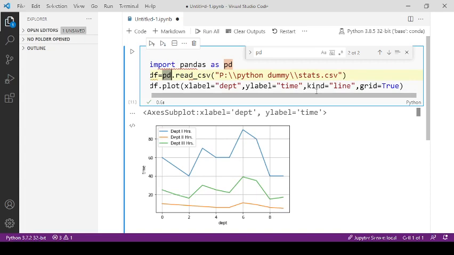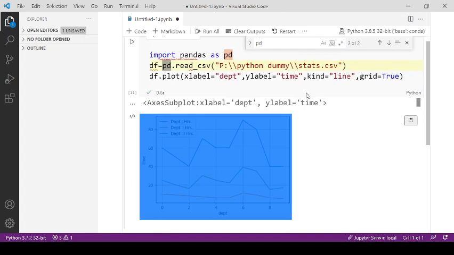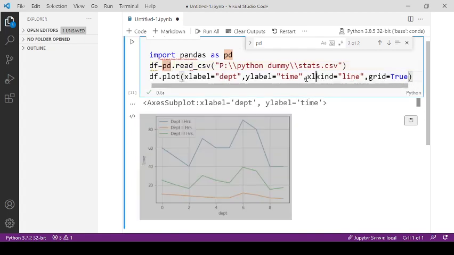We can also set the values on the x-axis and y-axis, and we can set the limit of the x-axis also. So here the x-axis limit is from 0 to 80, and for the y-axis the limit is 0 to 8. Using the xlim parameter, you can set the limit